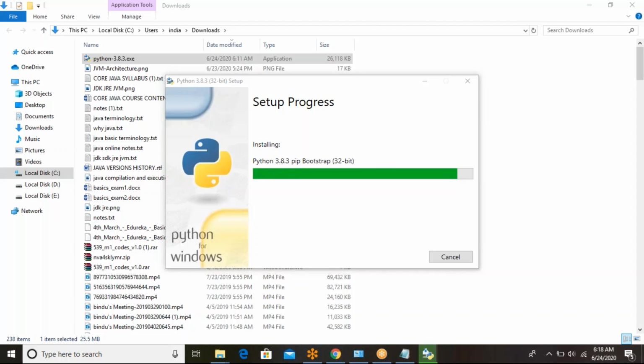Once the setup gets completed, and Python is installed in our system, if you go to the start menu and look in the P option, four things will be installed and available in the list. One is IDLE, the integrated development environment for GUI. The next one is Python 3.8, which is a command prompt, and the next ones are modules and manuals, the documents. These four will be available.